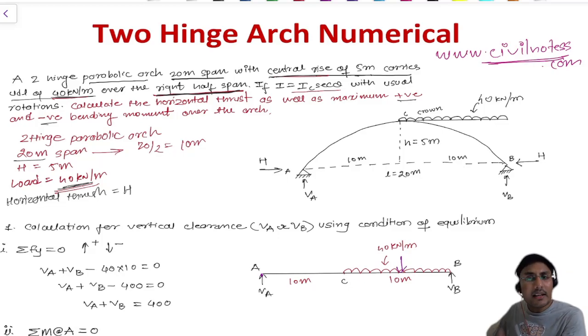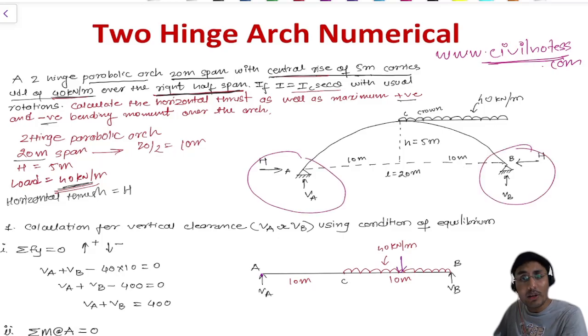If there is a 100 kilonewton load coming from top to bottom, that load should be equal to whatever forces are going from down to up, which equals 0. So this is the condition of equilibrium we are using for this type of numerical. You can see why I have written only two forces over here and only two forces over here,